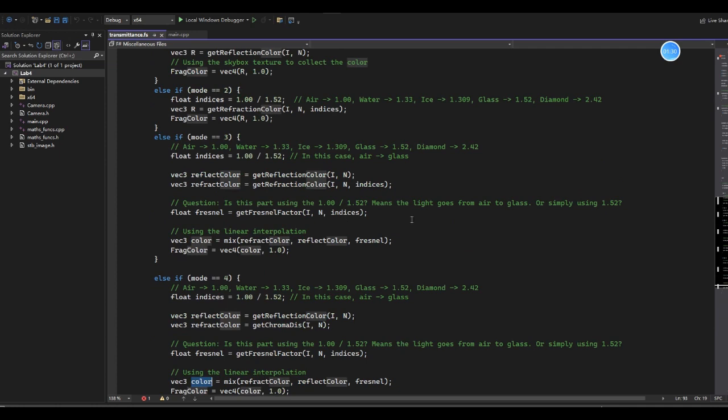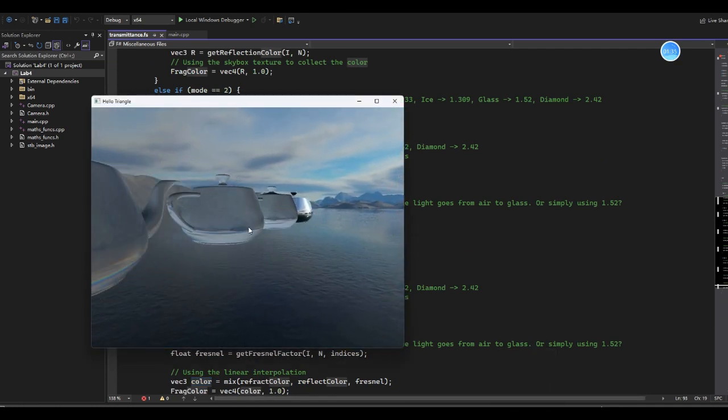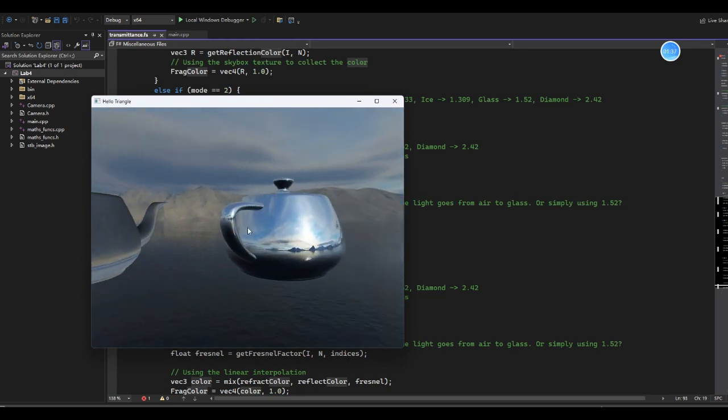So yes, and I will show you the overview of my four models, and this is the end of my